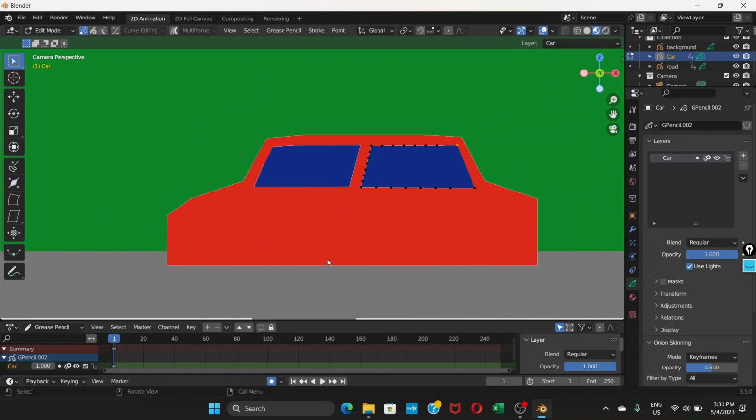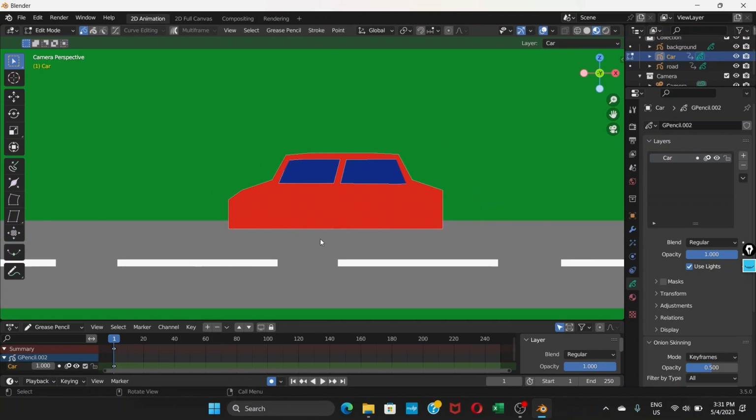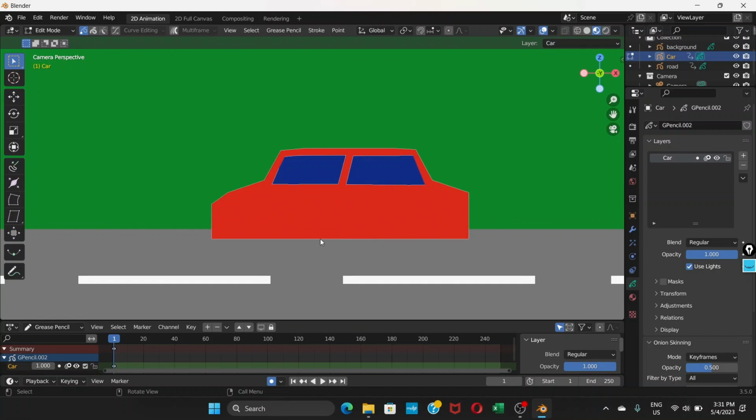Okay, basically we have this shape of the window here. Now what we can do is add, okay, let's do this on the same layer. I have already done that with the window, so